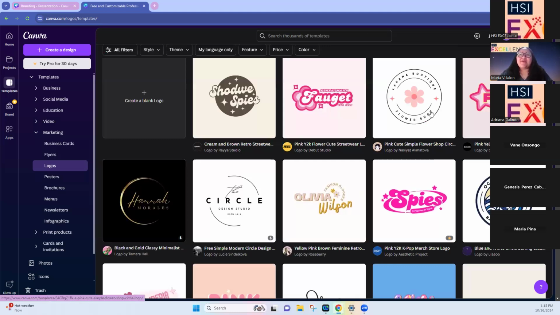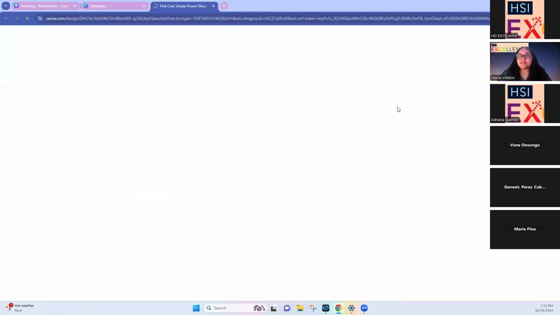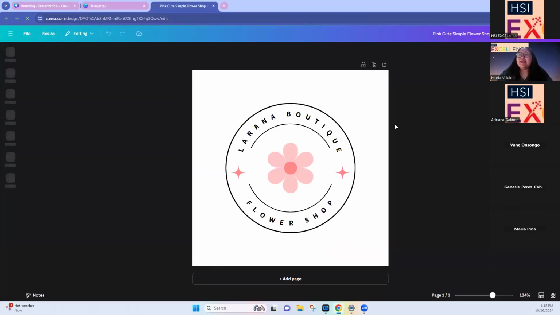I'm going to pick a random logo here. Let's say this one. This one is free. You'll see that it doesn't say anything here about payment or anything like that. You would go to customize this template. And then